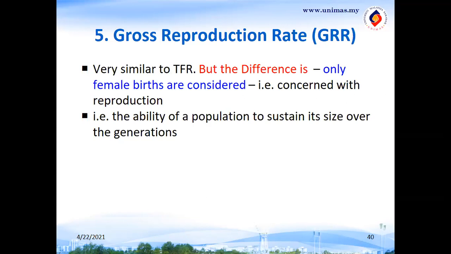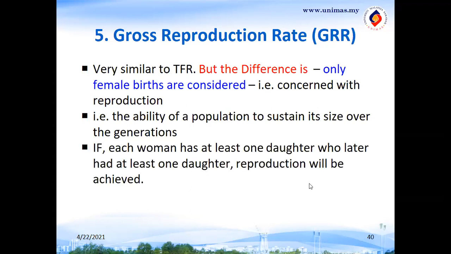Apa yang akan terjadi pada populasi? Tak akan tumbuh kan? Akan berkurangan tahun demi tahun. In other words, no new birth. Ya, tidak ada wanita yang akan melahirkan anak. Right? So that's the extreme lah. Yeah. Alright. So if each woman has at least one daughter, who later had at least one daughter,